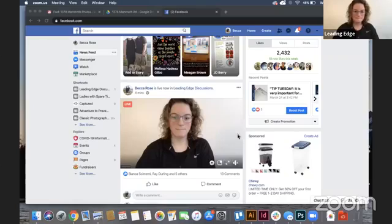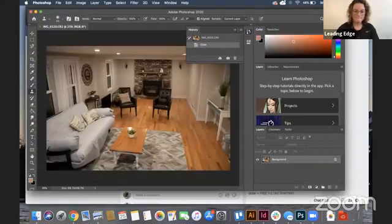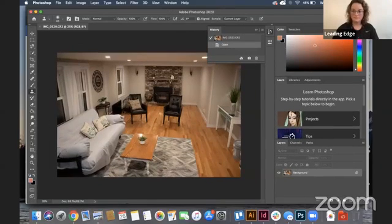So I figured now I would probably share my screen with you, and I'm gonna bring in a photo that Lauren O'Brien actually just sent me that her seller took of a property, and I'm gonna show you just basic editing of what I would do. So I'm just gonna set this up. Let's see if we're on here. Okay, so